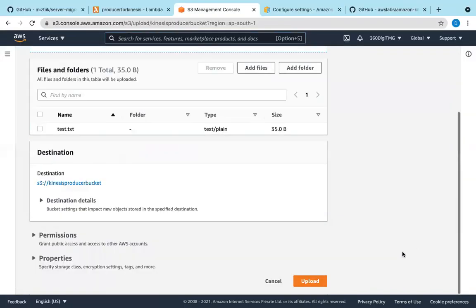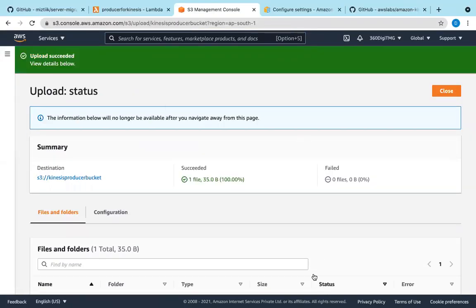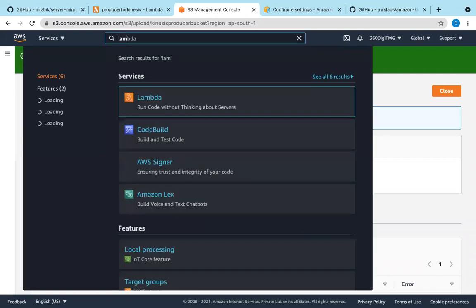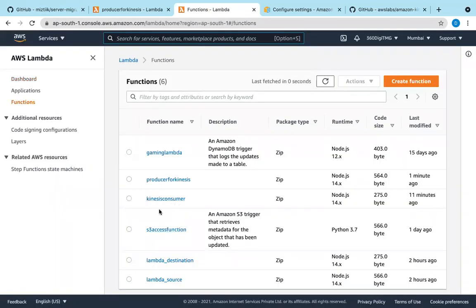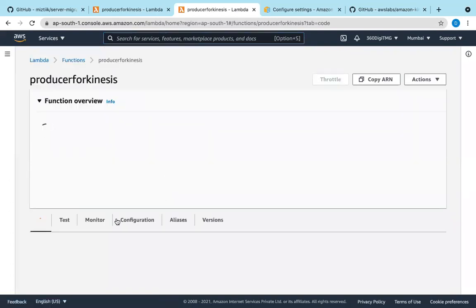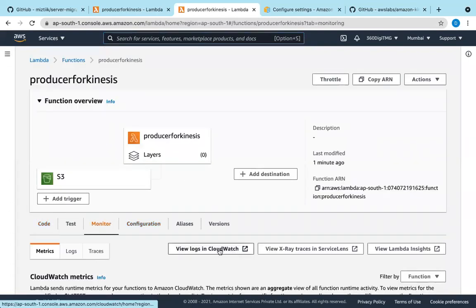Test.txt. Open. Upload. And now we will check in the Lambda function. Monitor. View logs in CloudWatch.